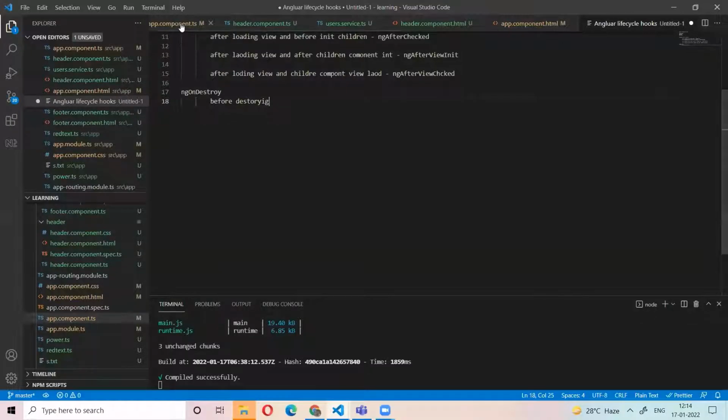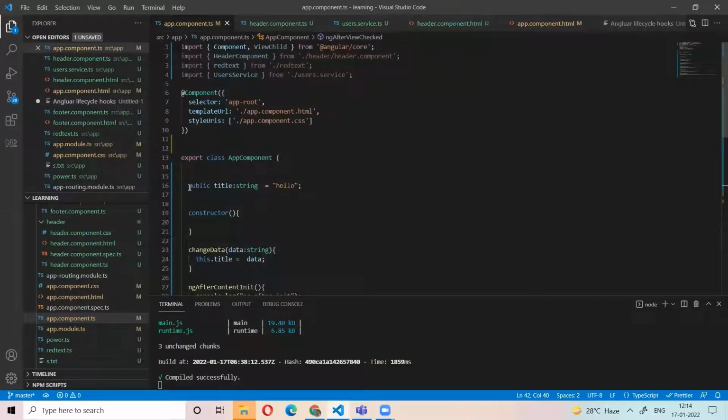At that time, for example, we already have the data here. This variable is there, right? So when the component is loaded, this variable takes some memory. If you click any link, I'm loading another component.